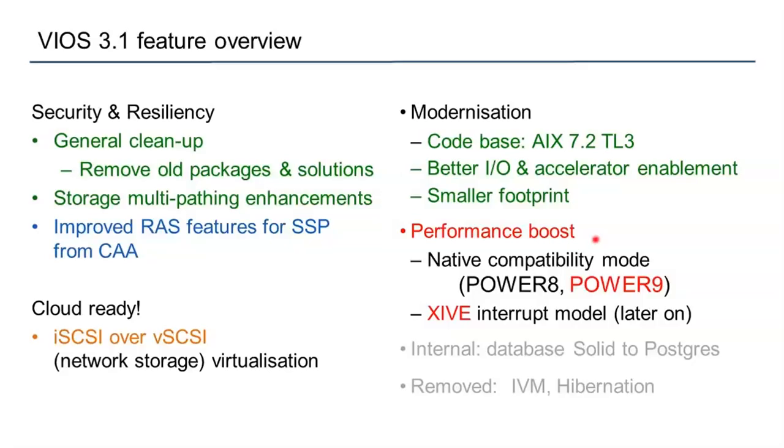Over in here, you may or may not realize, if you're running AIX 6.1 in the Virtual I/O Server 2 something, then you are limited to running in Power 7 mode. Now with moving up to AIX 7.2, if you're on a Power 8 or a Power 9 machine, then you can make use of the higher levels of the processor. One thing that slipped that we were hoping to get is this Zive, which is the new interrupt handling. That was being postponed for AIX 7.2, so it's not in the